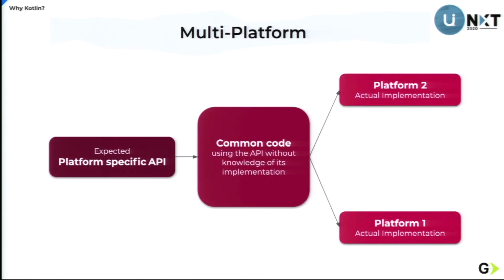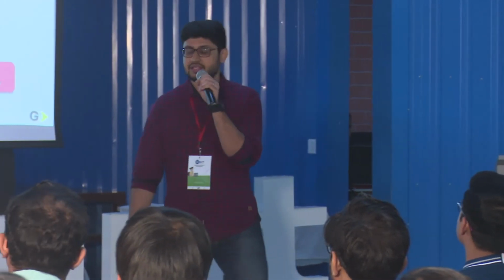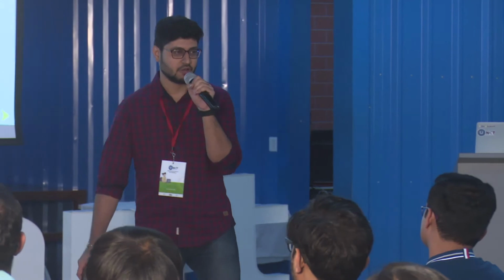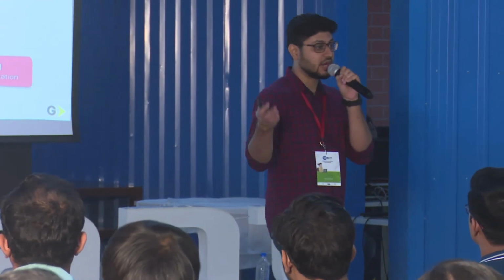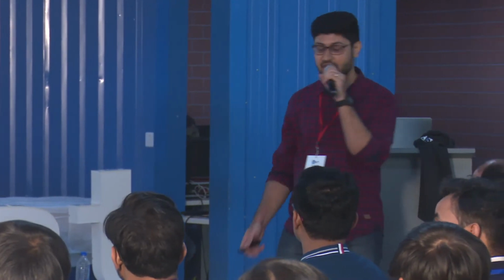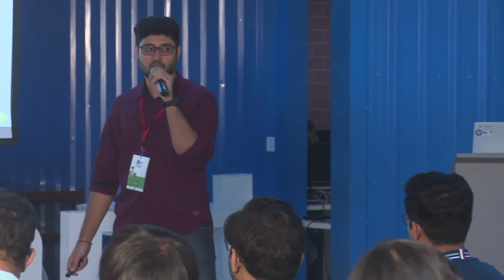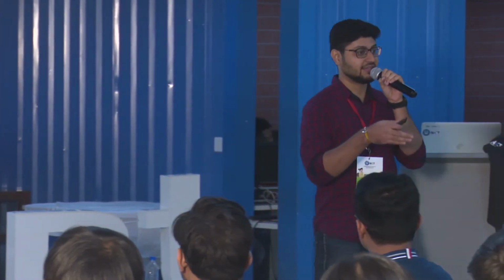We have another championing feature over here, called multi-platform. It's coming up right in 1.3. It is still in the experimental stages and is being released. So what is multi-platform all about? Basically, you are writing code for a lot of platforms, and you end up with a lot of redundancy. You end up writing a lot of redundant code between two teams or three teams or whatever, right? And a lot of platform-specific code is always written along with that particular platform-specific repository, correct?